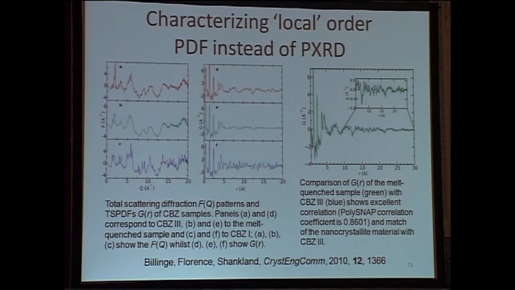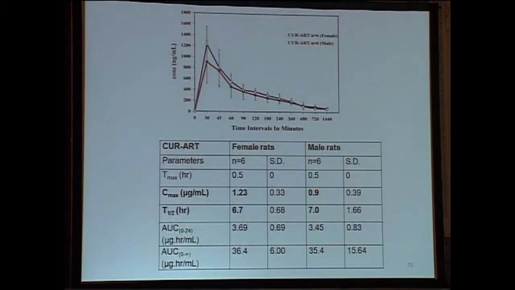This is a carbamazepine example, between the nanocrystalline material of carbamazepine and the 3 polymorphs. The difference is indistinguishable if you look at the 2 theta plots, but if you look at the radial distribution plots from the pair distribution function analysis, then one can clearly correlate that the nanomaterial is matching with CBZ form 3. So this is the kind of analysis which we still need to do. It's more of a reminder that we have to take up our eutectics and do a similar PDF analysis.